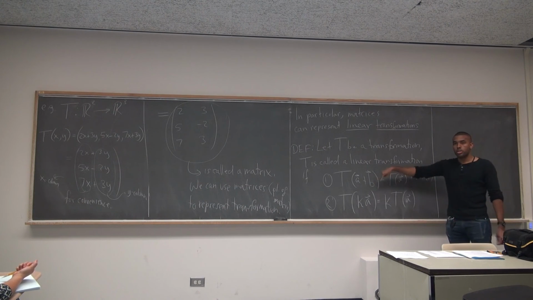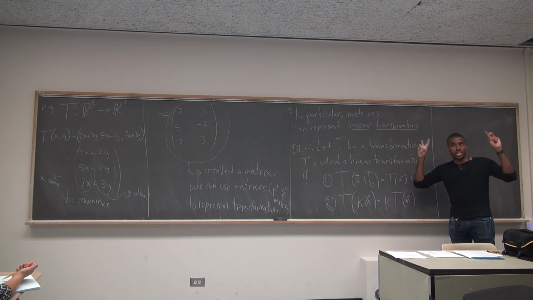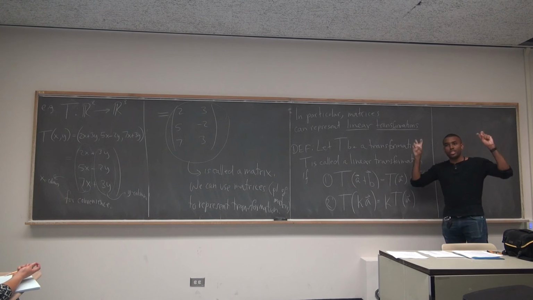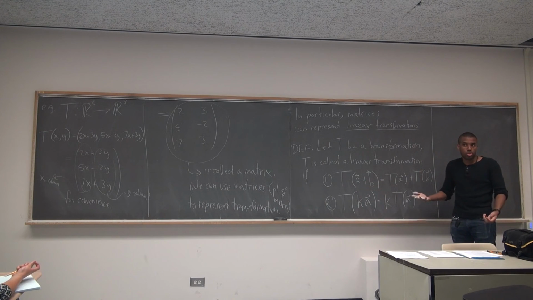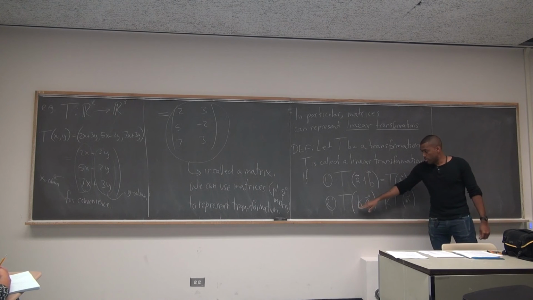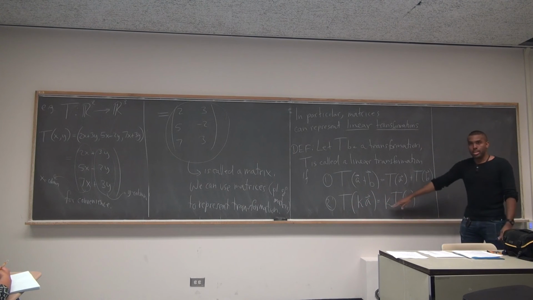Take the derivative of a sum of functions. If I think of functions as vectors, then if I say T means take the derivative with respect to x, that's a rule that assigns a function to another function. Think of the functions as the vectors. The derivative of a sum of functions is just the sum of the derivatives. If I take the derivative of a constant times a function, I get a constant times the derivative of the function. Integration is also a linear transformation.